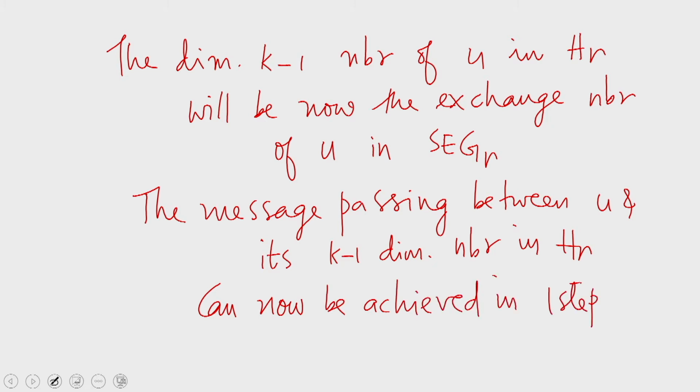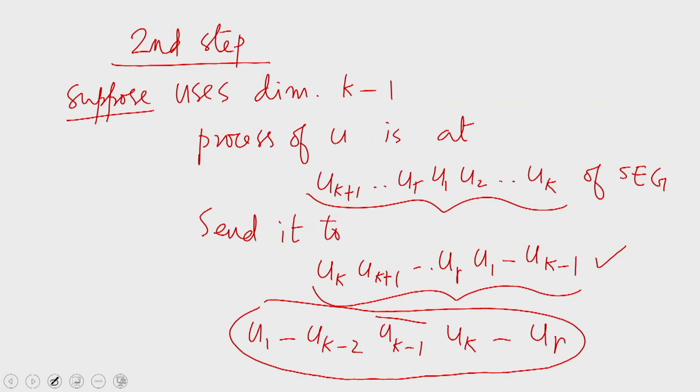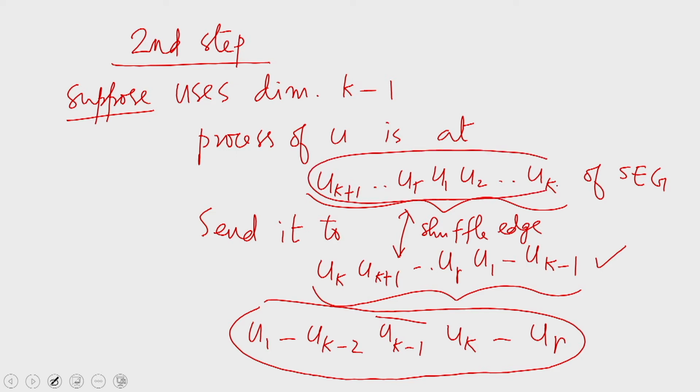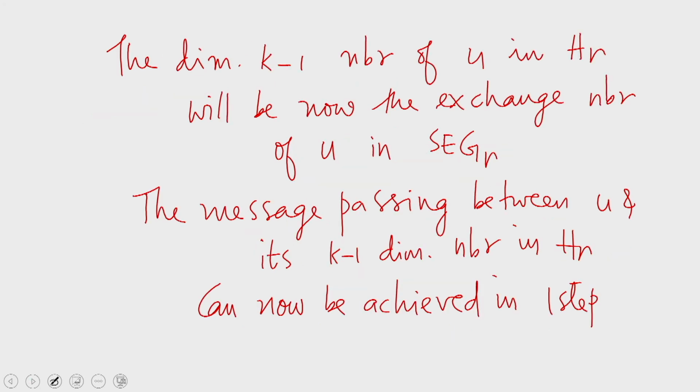Then what is the total amount of time that we have taken for simulating the second step? One step is needed to send the process to the appropriate node, but we see that this vertex and this vertex are adjacent using a shuffle edge. So the process of u, which was at this vertex initially, has to move to this vertex, which happens to be a shuffle neighbor of this vertex. That movement can be achieved using a shuffle edge. So the time taken for this repositioning of the process of vertex u of HR is order 1, one step, and then another one step is needed for simulating the actual step. So we have taken a total of 2 steps for simulating the second step, and then continuing like this, we